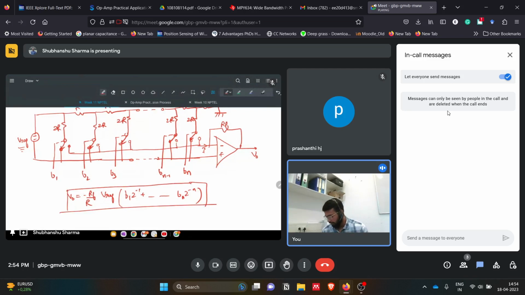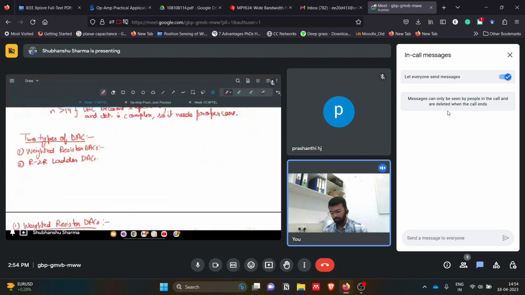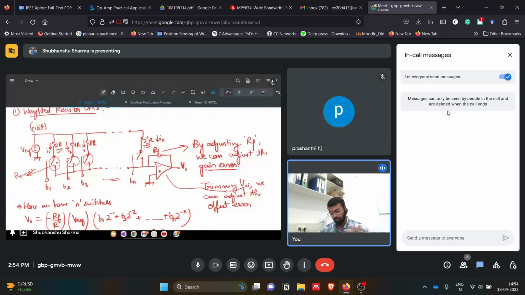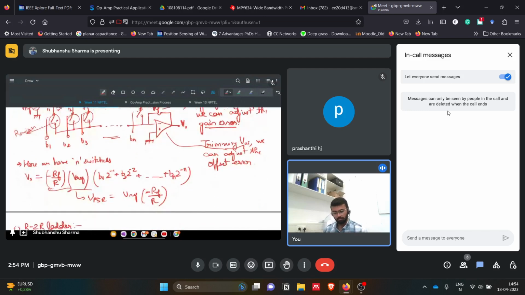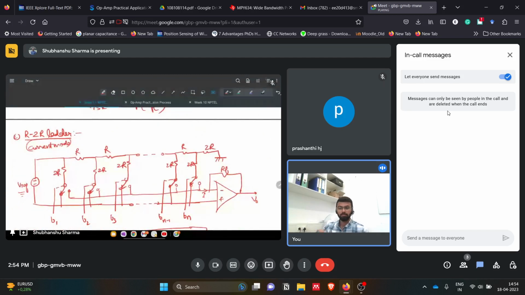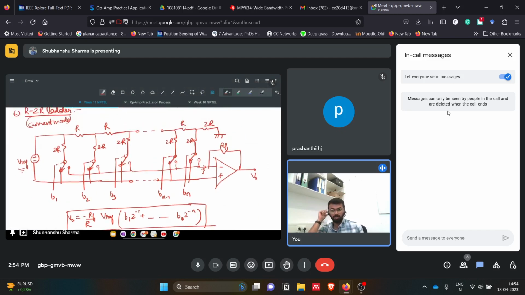So this is the thing. We saw that there are two types of DAC: the weighted resistor DAC and the R2R ladder DAC. Weighted resistor DACs use multiples of the resistance, that is 2R, 4R, 8R, and so on, 2 to the power n R. Then we saw the output voltage equation for them, and then we saw the R2R ladder, in which we are only using R and 2R resistances as the resistors in